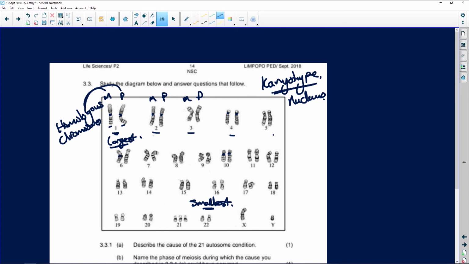These have the centromere pretty much in the center. So it's the position of the centromere, the length, and the shape. If you look at this shape and then look at this shape, it's a different shape. Those are different shapes. Each time, it's a different shape. So they've got to be the same length, the same shape,